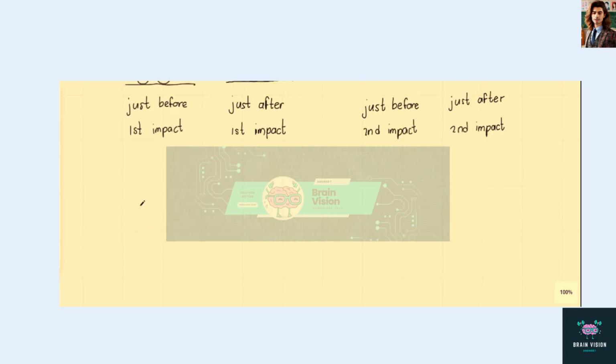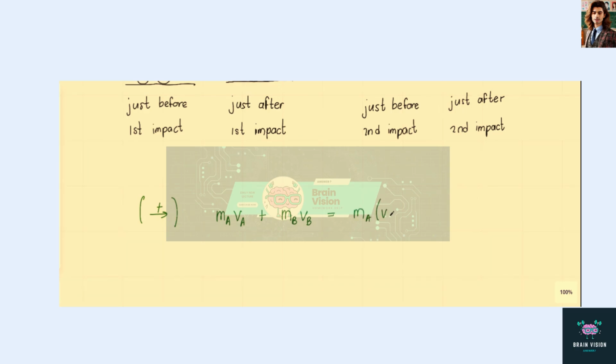Now, for the first impact, this occurs when sphere A strikes sphere B. When this occurs, the linear momentum of the system is conserved along the x-axis, along the line of impact. So if we take the right direction as positive, and we use the conservation of momentum, this tells us that the mass of A times its initial velocity, VA, plus the mass of B times its initial velocity before the collision is equal to